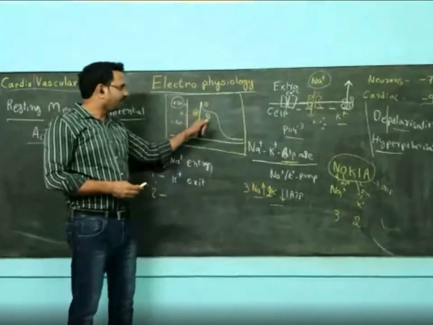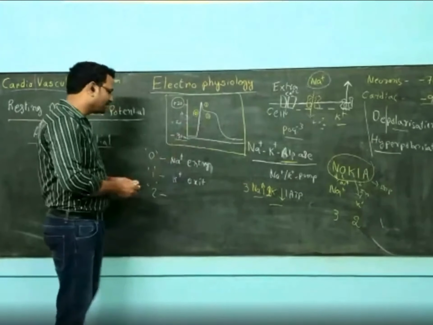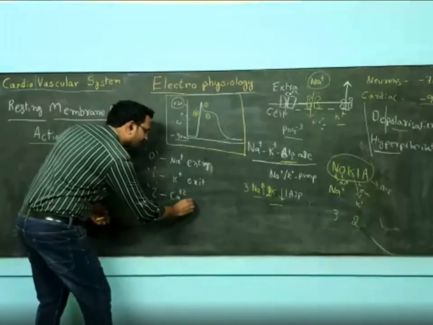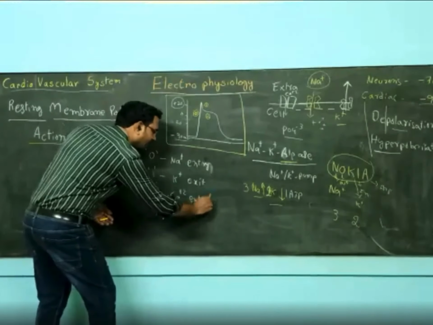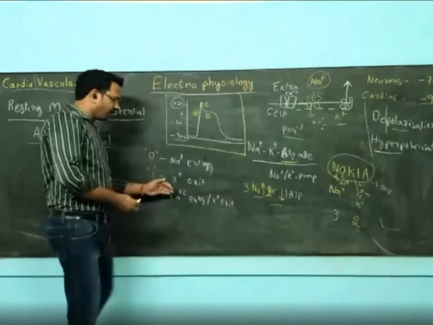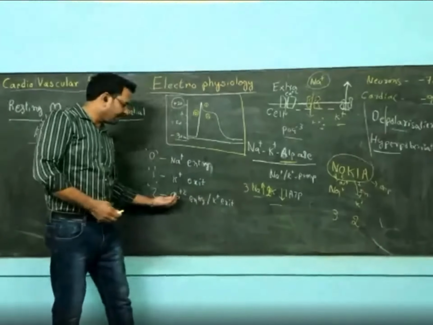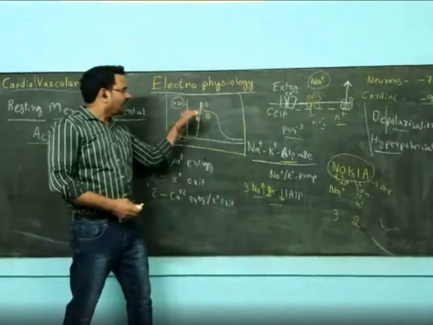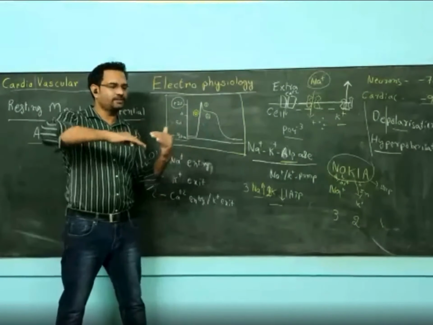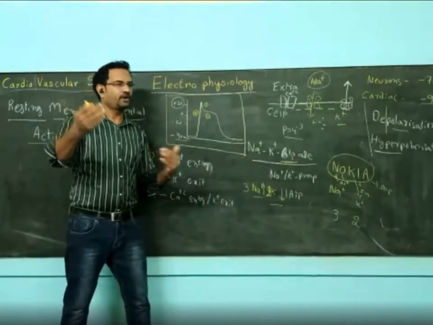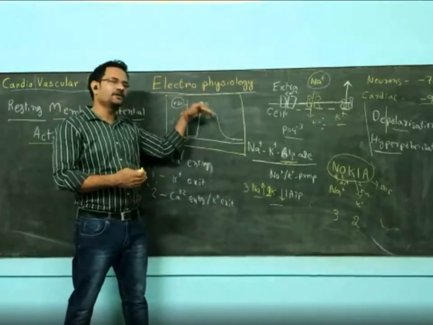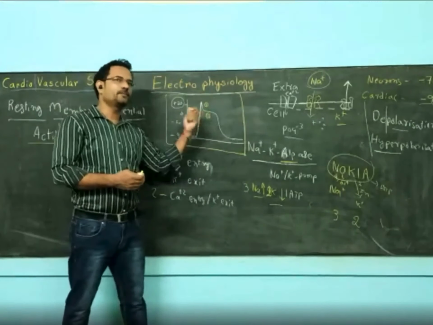Now, that happens in the second phase. What is happening in the second phase? Potassium is still going out, but calcium is coming inside. At the same time, potassium is going outside. Because a positive charge is going outside and calcium with a positive charge is coming inside, the potential will be slightly flat. Potential will be flat because potassium is going out, a positive one, and the positive calcium is coming inside, so it will be a little bit flat, not completely flat. This flat phase is known as the plateau phase.